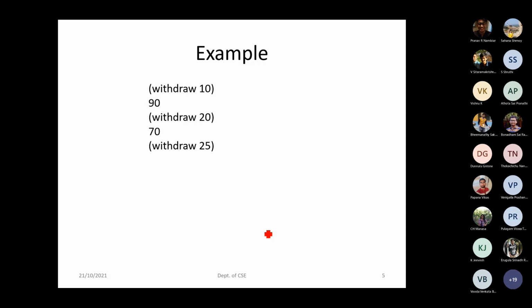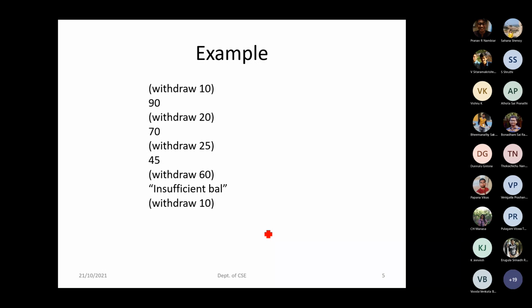Next time when you call, your balance has been modified to 70 because it is an assignment statement. 100 has been modified to 90, and 90 has been overwritten with the value 70. Now 70 minus 25, you will get 45. Now when you ask withdraw of 60, the balance you have is 45 right now. The balance is less than the amount you want to withdraw, so it will not let you withdraw. Instead, it will just return this particular string, insufficient balance.